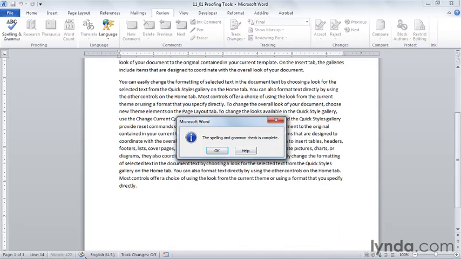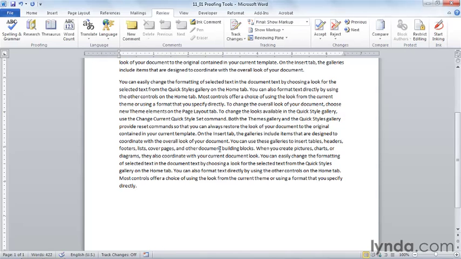The little pen down here on the spell check book is still writing. It will until I click OK. It's recording the changes I've made. And now you'll notice that there are no proofing errors. My dictionary has a check mark on it, and we are all good to go.